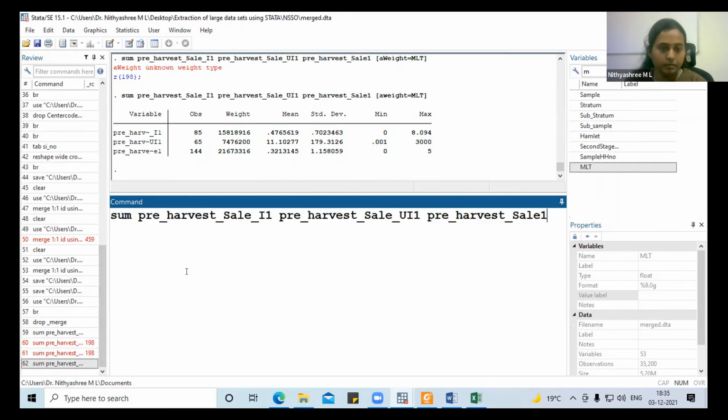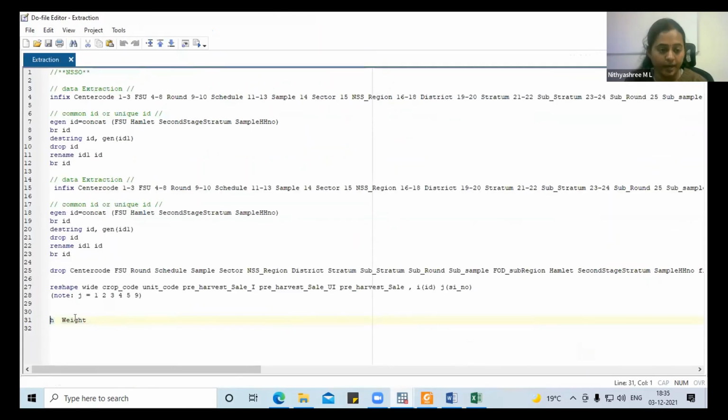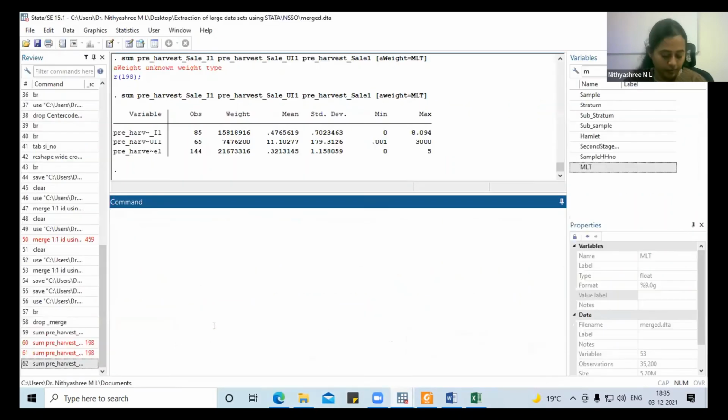If you want to learn more about the weights, like which weight I have to use, whether I should use iweight, or what the meaning is, in which context which is workable, put h, which is a short form for help. Anything you want to learn in Stata, put help and give the command name.